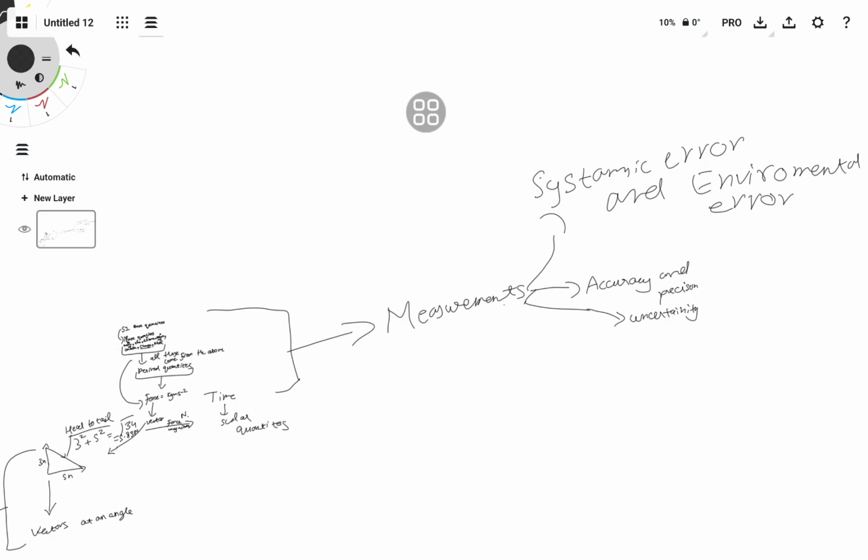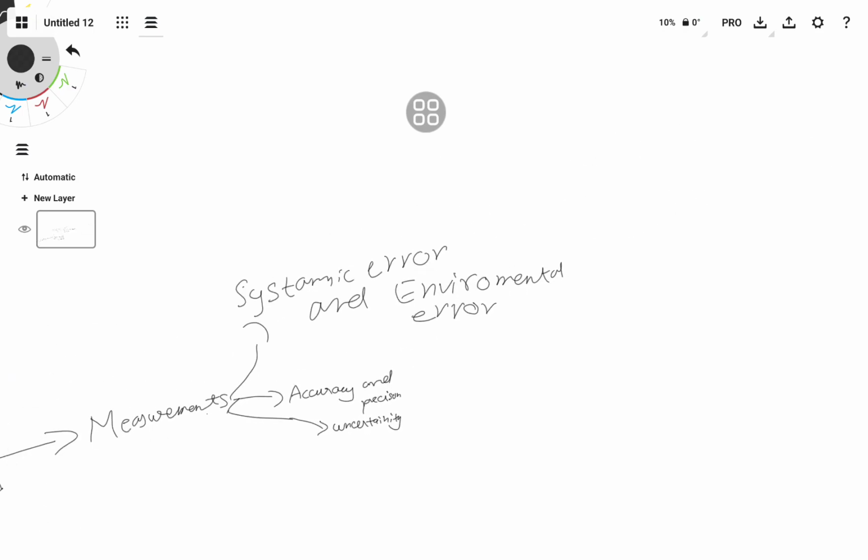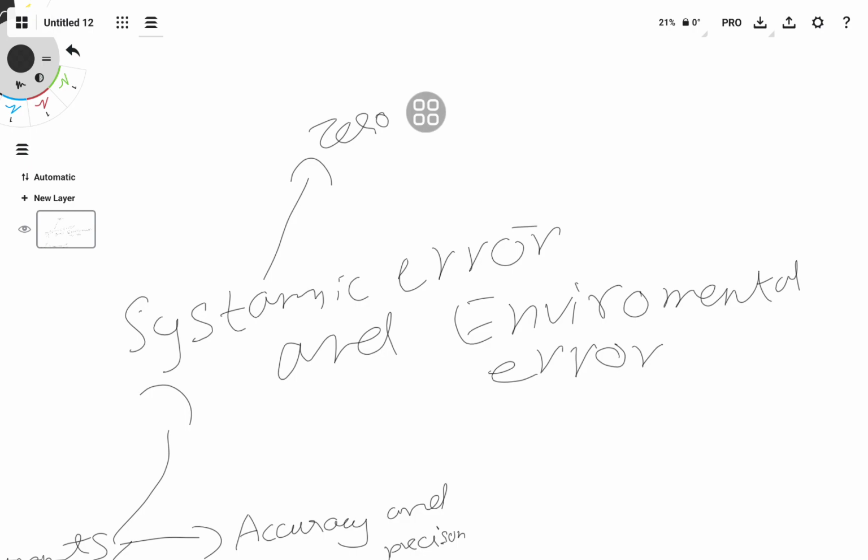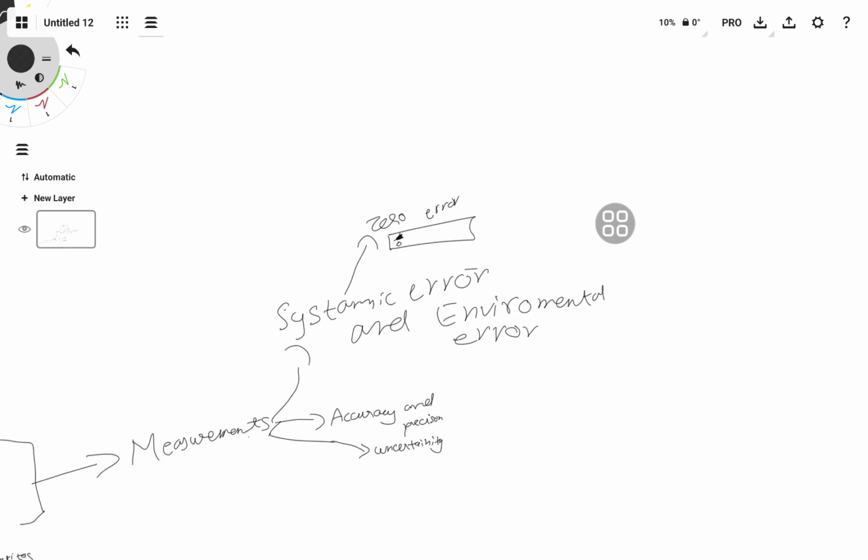So we will see next systematic and environmental error. Systematic might be zero error, like the error that basically scales like this. The zero over here is kind of blocked, it's not clearly being viewed, so that can be a problematic thing. Zero error and environmental error may be human reaction time